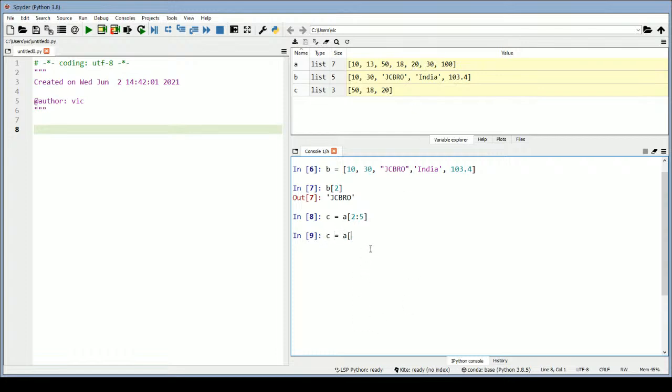Similarly, there are also several tricks. If I type 2 to end, in this case, if I don't provide the end location, it will take it to the last element. So this is a kind of operation we can do. We have also talked about how to replace any element within the list. Similarly, if you want to add an element at the end of the list, there is a simple command, append. So if I type c dot append and then type the value which you want to append, let's say